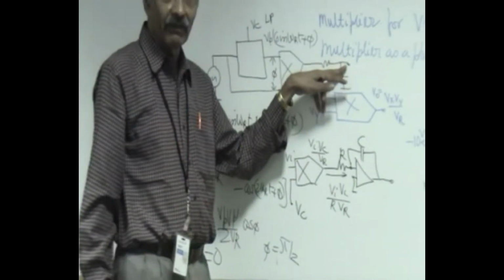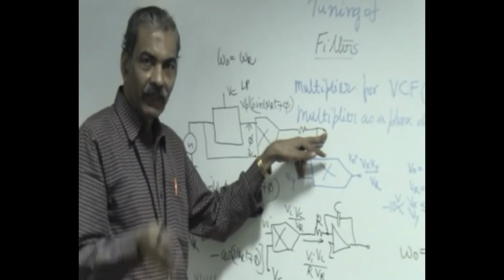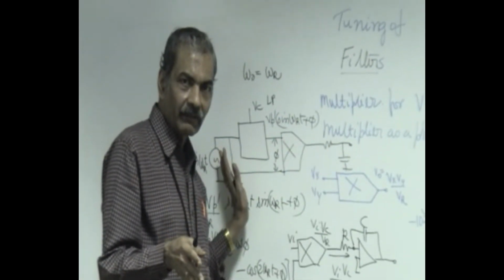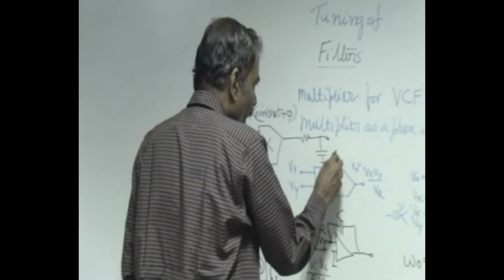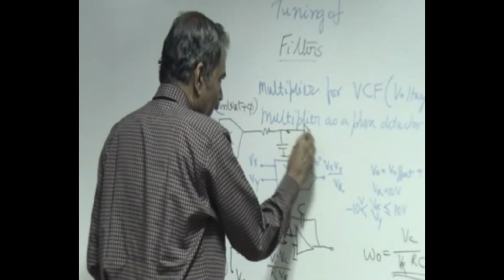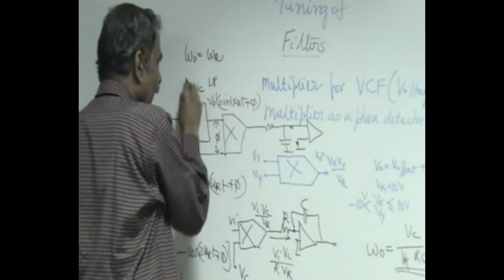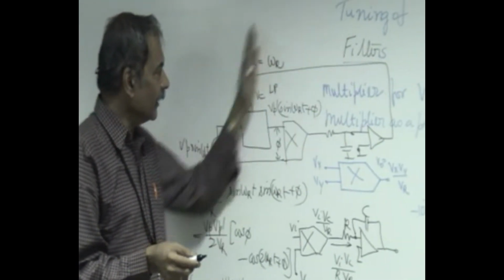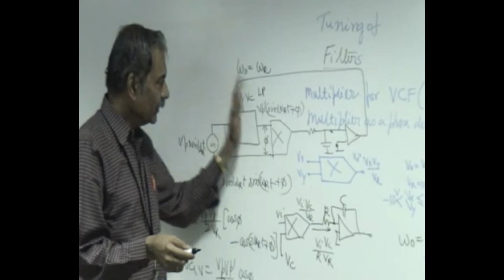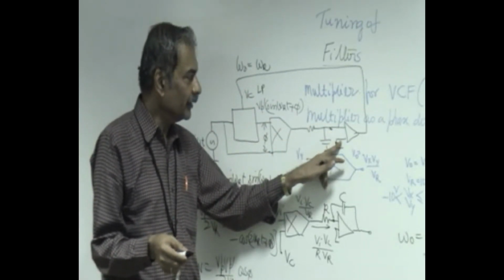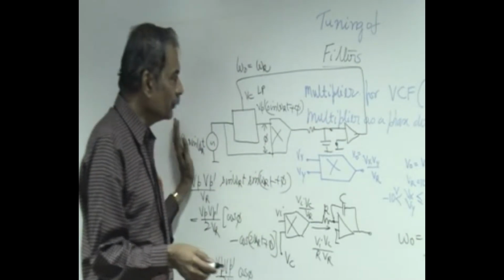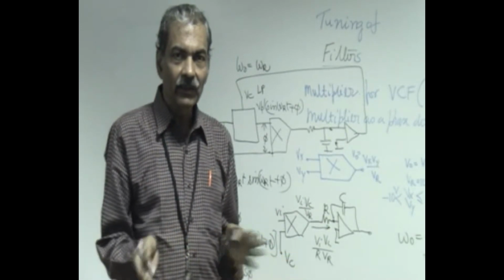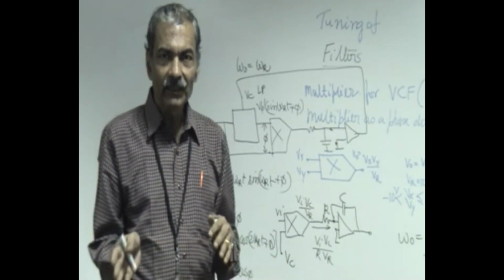So the moment we measure a 0 average, we know that the filter has its omega naught exactly tuned to omega r, which is the incoming frequency. So we compare it with a 0 reference using a comparator and connect it back. This is a negative feedback system, so it automatically adjusts the control voltage such that this voltage is the same as the reference voltage, which is 0. That means every time some input is coming, this gets adjusted to 0, which means all the time it is getting tuned to the incoming frequency. This is called a self-tuned filter.